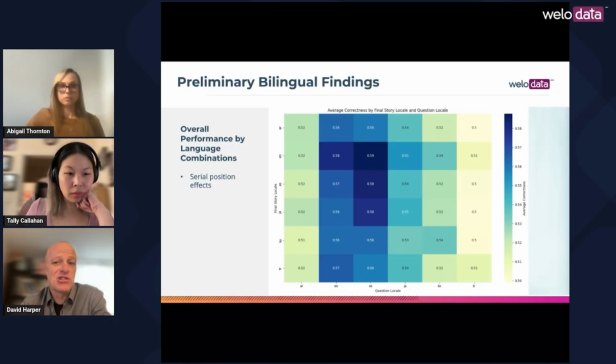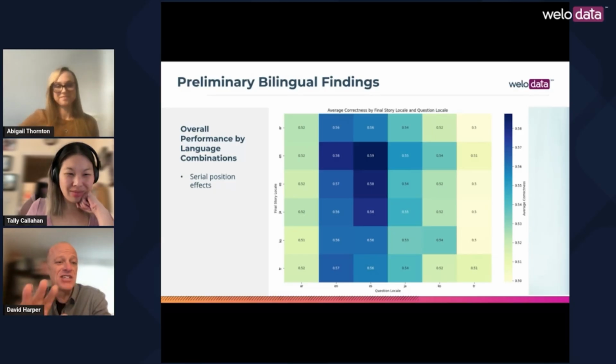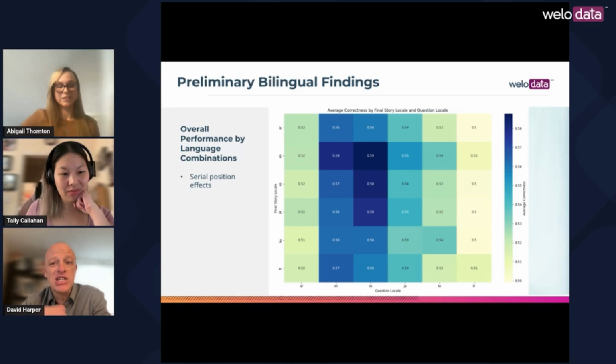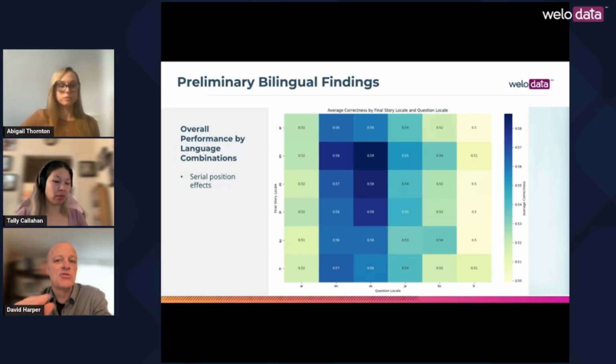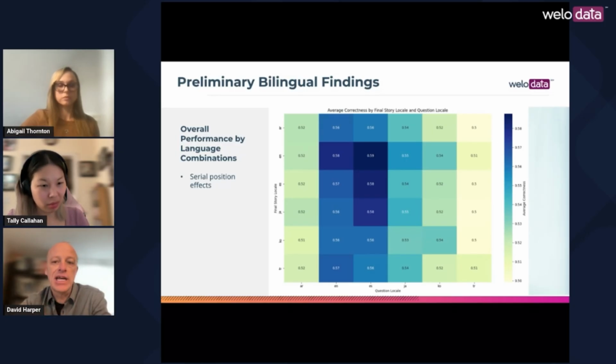So some of the models are actually quite verbose. Some of them, they will give us the answer and that's it. Some of them they really want to provide us with an explanation. And when they choose to share their reasoning with us, they do it overwhelmingly in the question locale. So the last piece of the prompt that they see. So even if the story was in English, but the question was in Arabic, they will almost always answer in